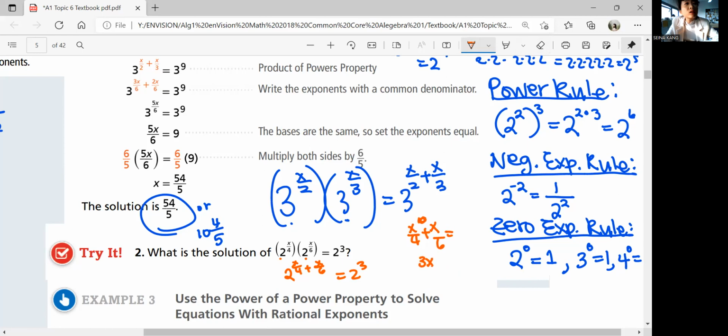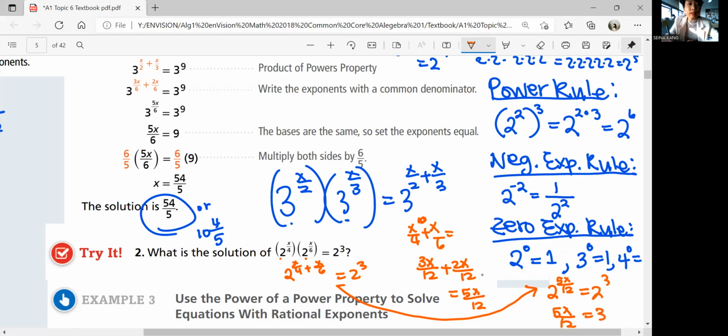So 3x over 12 plus 2x over 12, right? And that's going to be 5x over 12. So this is really 2 to the, so let's write the equation over here. That was the work. So 2 to the 5x over 12 is equal to 2/3, which means 5x over 12